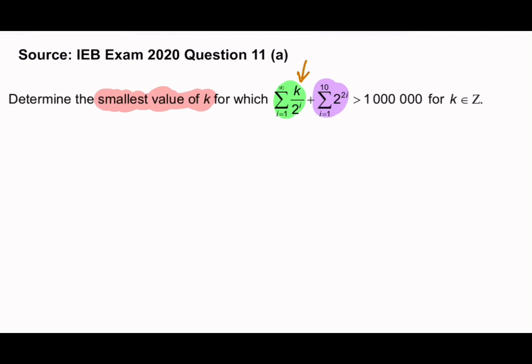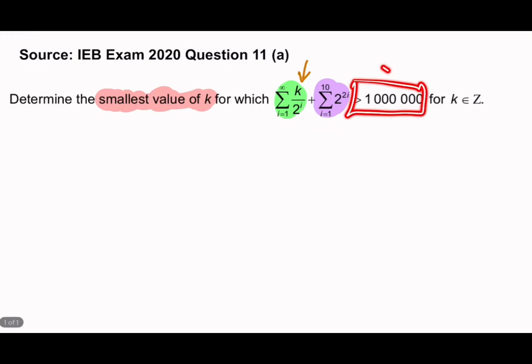Inside the question, it is clear that you've got two different sums, and these sums can be done individually before you have to deal with the greater than 1 million part. You can deal with that later. For now, I think we just need to figure out what each sum is. So just starting maybe with